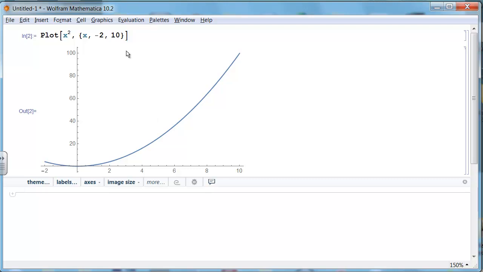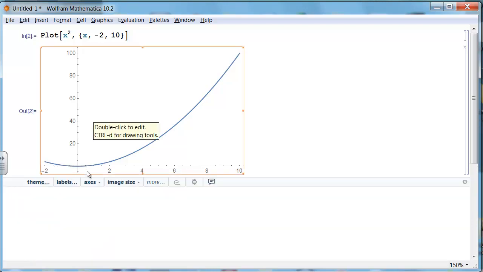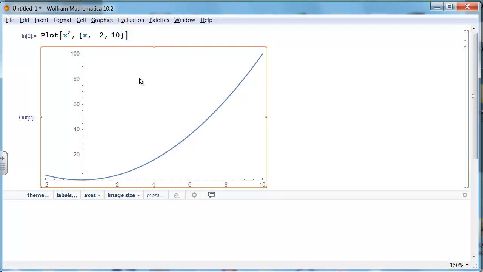there are some things you could do down here. If you wanted to label the x and y axis, you could label the plot. You could label the x-axis as time and the y-axis as position or something of that sort if you wanted. That's probably not what we want to do. You can, of course, grab the corners and drag the image. So if I wanted this to be red,